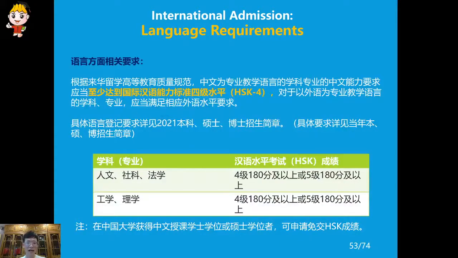And also for the language requirements, all of the students who want to apply for programs delivered in Chinese medium, the applicants shall pass HSK4, Chinese Proficiency Test Proof, or both. The requirement is 180 or above, no matter HSK4 or HSK5 or 6, okay?